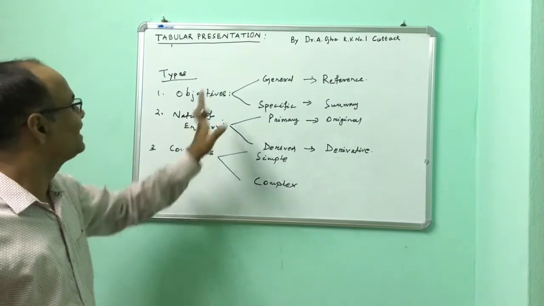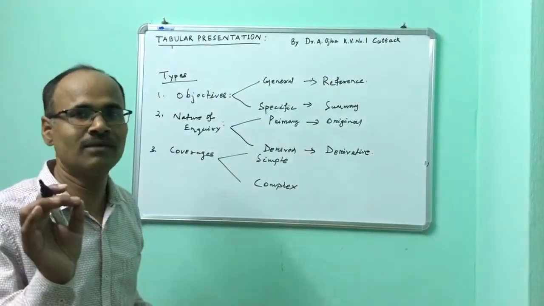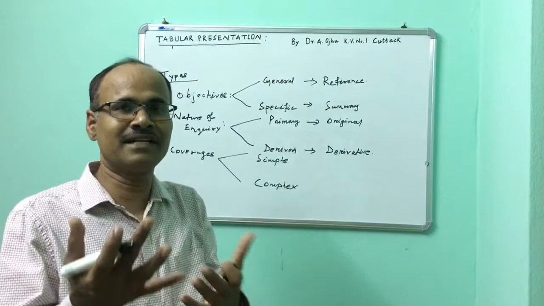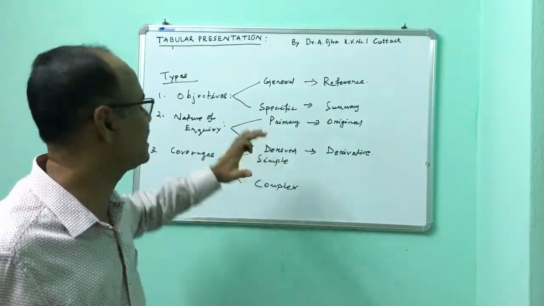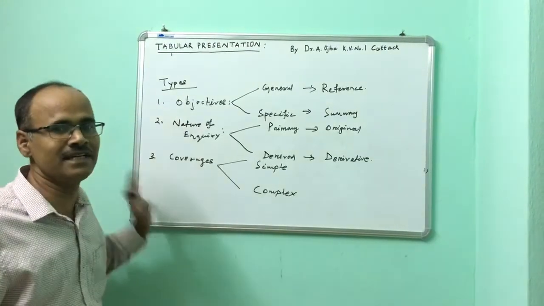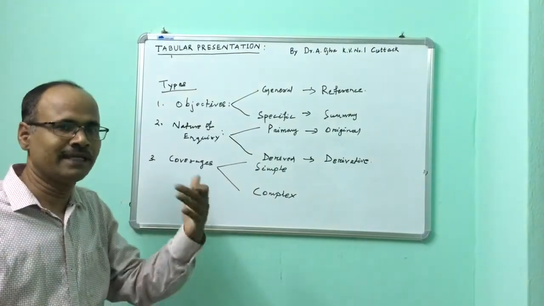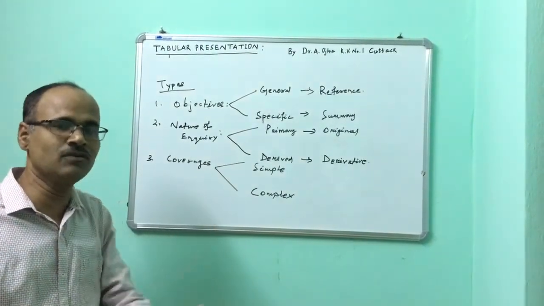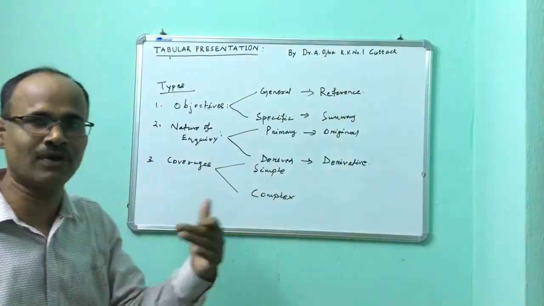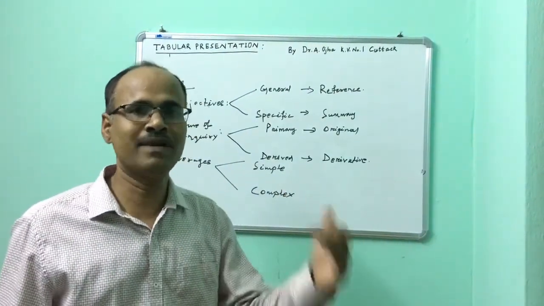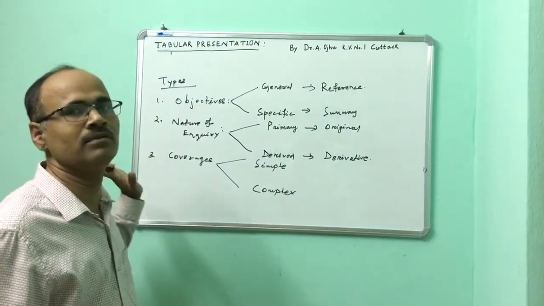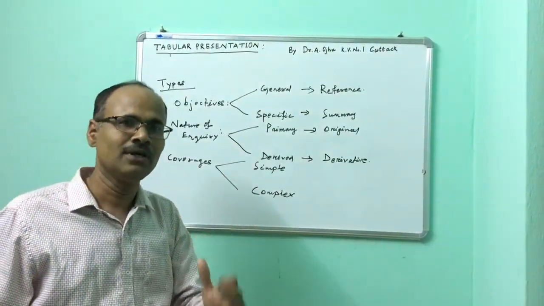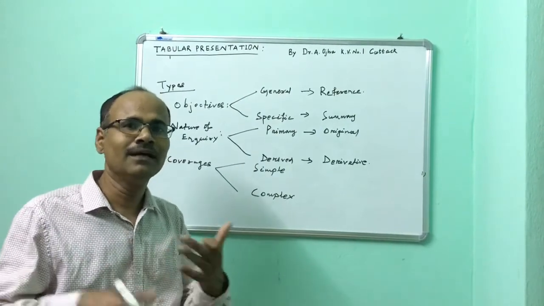That means in this section you will find the answers to: what is a statistical table? How can you present data in terms of a table? What are the parts of the table? Next, how classification is used in tables on the basis of qualitative, quantitative, spatial, temporal, and what are the likely types of tables. The details of the table can be explained in the next class.